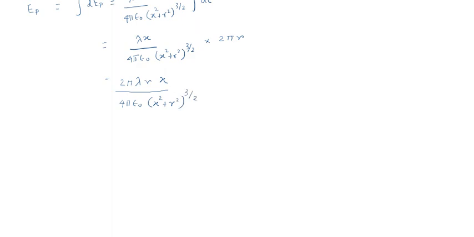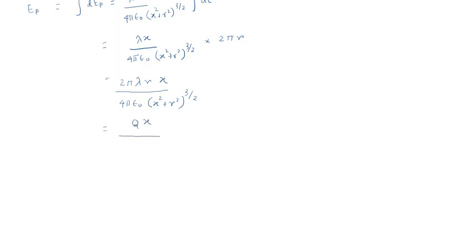Now 2 pi r lambda, as lambda is the charge per unit length, this whole term will give us the total charge q of the loop. So it will actually be qx